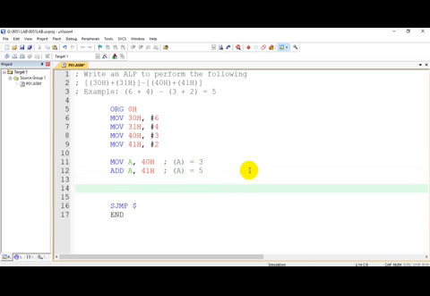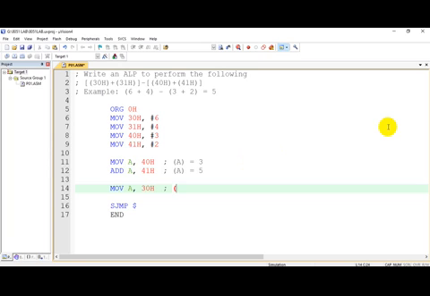Next I have to add contents of 30H and contents of 31H. Again I have to bring one of the operand into accumulator. Why? Because accumulator is always the destination in most of the arithmetic instructions. So I will say move A comma 30H.